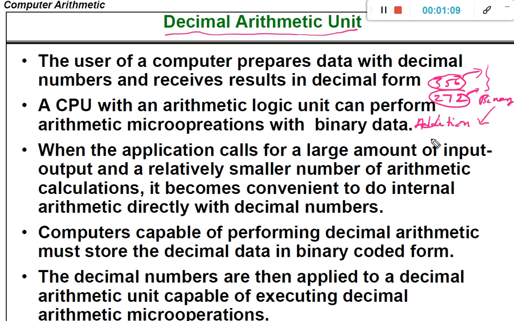Then, whatever result we got in binary, we converted the binary number into decimal. That was the previous process.